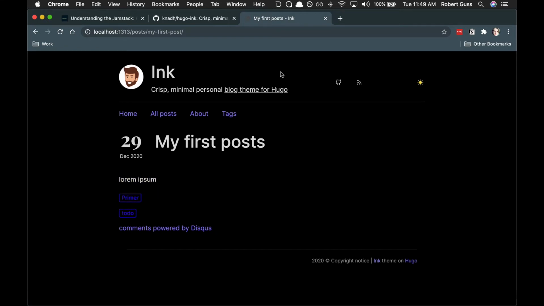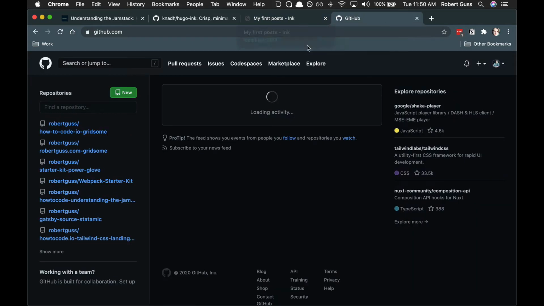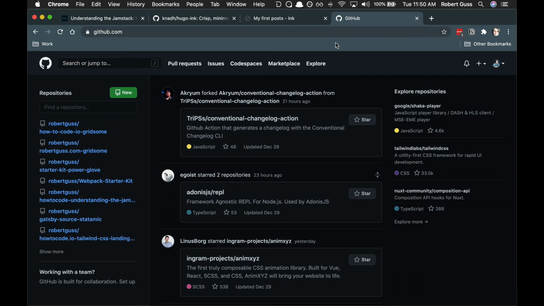Okay, so now that we've learned how to create a post in Hugo and our theme is all set and running, the next thing we want to do is publish this to GitHub. That way we can set up Netlify to deploy our site. Head over to github.com and create a free account. And once you've created an account, you're going to click on this plus button up here, and go to new repository,